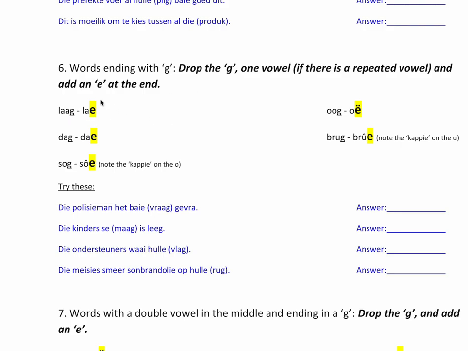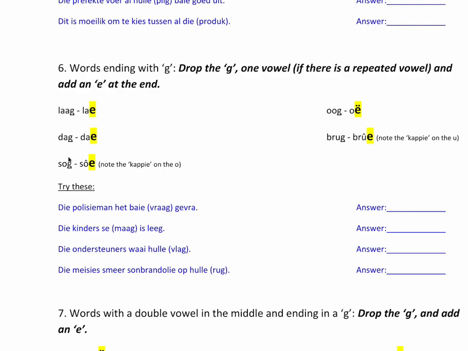But remember now that if you're dropping the G, that normally, like we saw in the very first example, becomes a long word or a long sound when you just add an E. It's not lahe, it's lahe. So these double A's still stay a long word. So this is correct. So it's lag, you remove one of the A's, and laag, and then you put lahe.